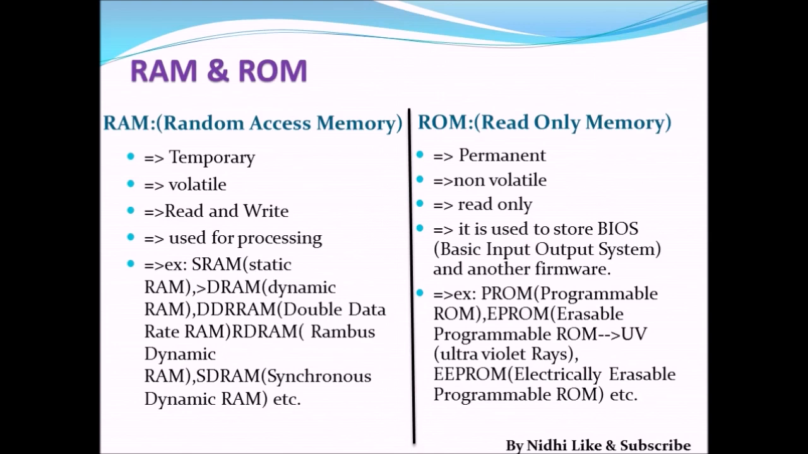Non-volatile means it doesn't vanish with the power supply, and it is used for reading only. So this RAM is used for processing, and this ROM is used for basic input output settings, that is, loading of an operating system. Examples of RAM are SRAM, static random access memory, DRAM, dynamic random access memory, DDRAM, double data rate random access memory, RDRAM, Rambus dynamic RAM, and